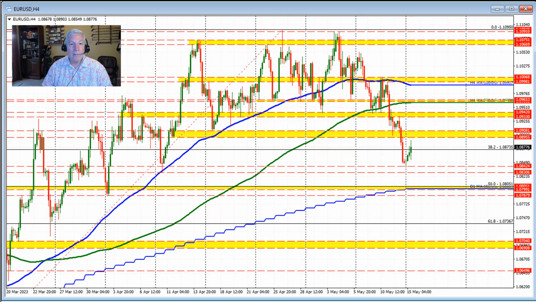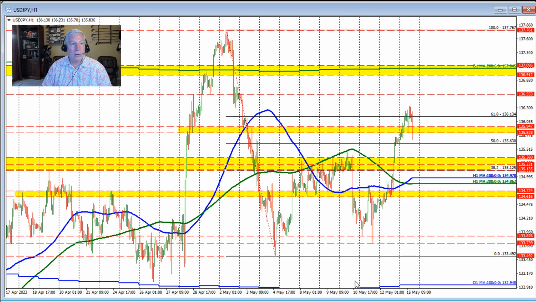Let's take a look at the dollar versus yen next. I'm going to take a look at the hourly chart here. What we saw on Friday's trade was a break outside of the 100 and 200 hour moving average, a sharp move to the upside, and moved up toward this swing area through here, where if you go back in time, you see a swing high right here, and then a swing low and a swing low right here before moving to the upside. When we came back down, we came down to this area, found support against the 100 hour moving average and this swing area,